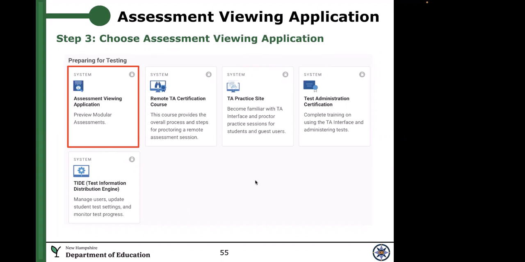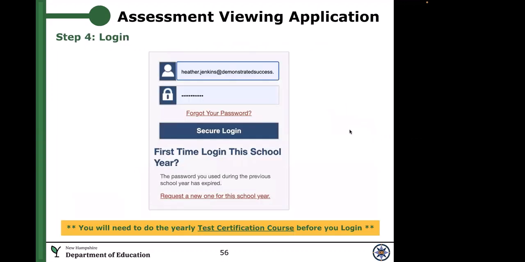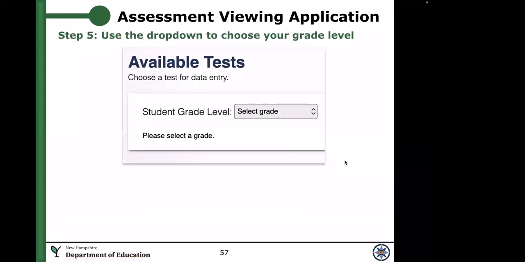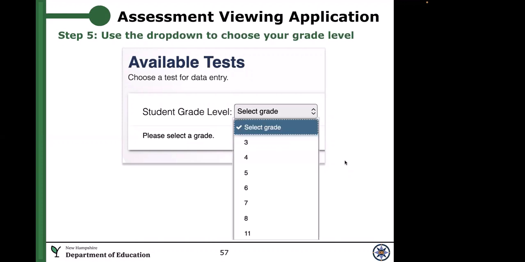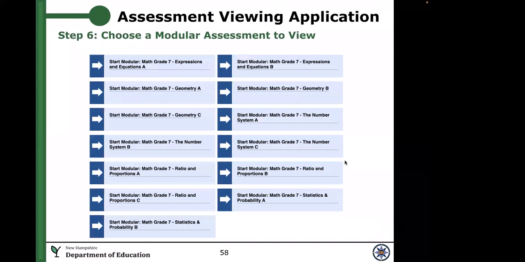So you click on the assessment viewing application and it will prompt you to log in. Again, you need to do the yearly test certification course. If it's your first time logging in this year, you're going to need to request a new one for the school year. It's the same process that you've gone through in the past. And then once you're actually logged in, there'll be a drop-down menu where you're able to click and then choose a grade level. As soon as you choose a grade level here, I've chosen 7th grade, all your modular assessments will show up and you're able to click